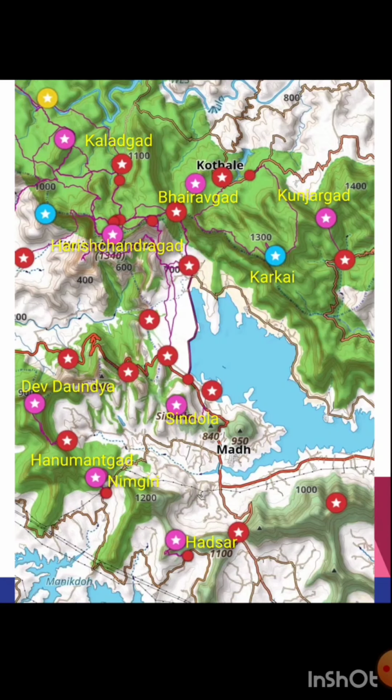Here we can see the map. Apart from the well-known Harishchandragad, we will be exploring a couple of lesser known ones, including Bhairavghat, Kunjarghat, Karkai Hill, and then proceeding down to the Pimpalgaon Lake, from where we explore Sindola, Devdondia, Hanumangat, Nimgiri, and Hatsar, all protecting ancient trade routes from the ports in the Konkan Plains to the Deccan Plateau, in this case towards the Junar